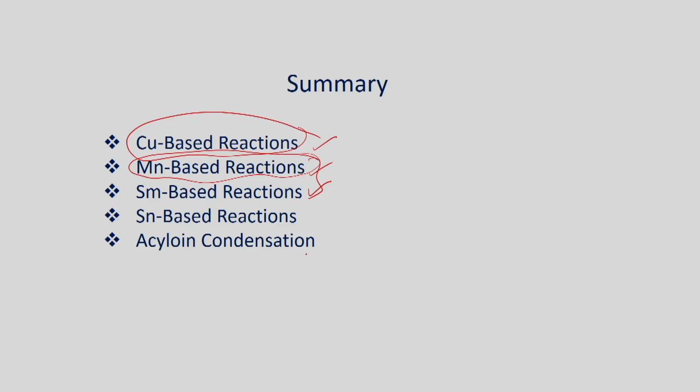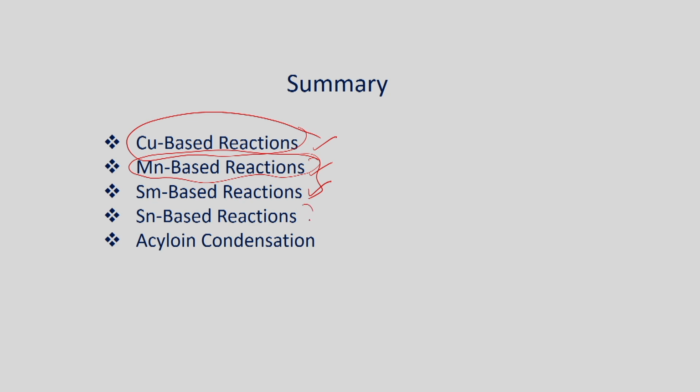Then we have seen some examples using copper based systems, where you need a catalytic amount of copper. We can use peroxide, which can convert into radical that can initiate the reactions. We have seen some examples. Then we have seen the tin based reactions. We have seen several examples. You have to use a radical initiator in these reactions.